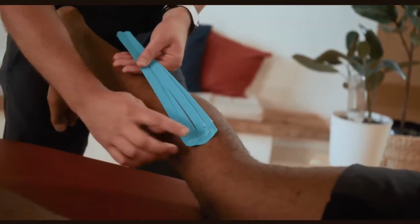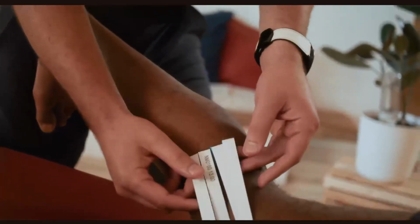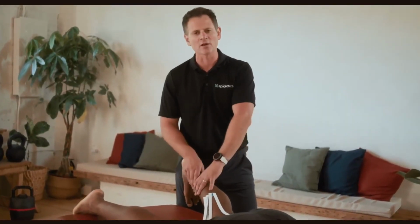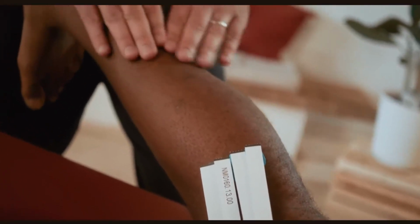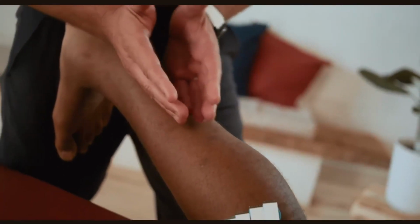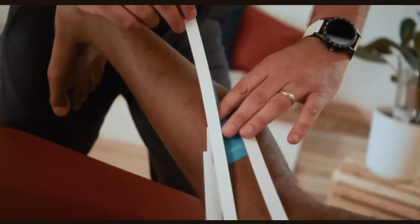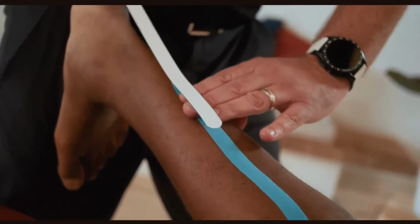So you see what I did there was I placed the base on and I just used the backing paper to roll onto the skin. Really important there that, again, we're not grabbing the tape. I'm not going to get any of the adhesive stuck to my finger, and it's getting on the area as effectively as possible. So as I move down here with the 4 different strips, I'm going to start with the